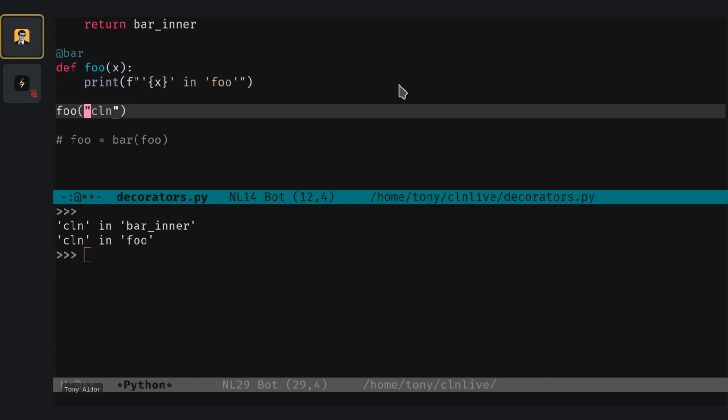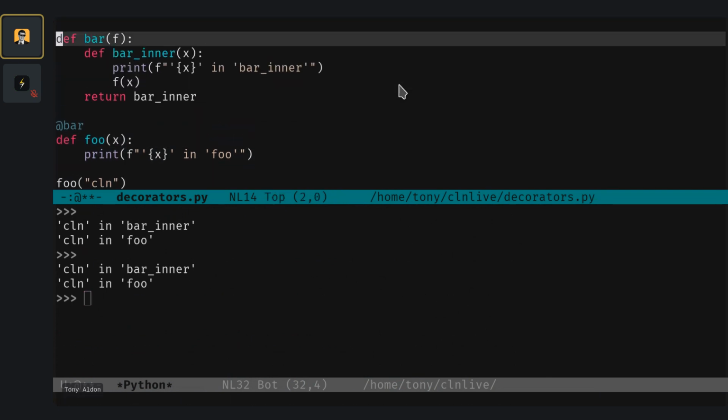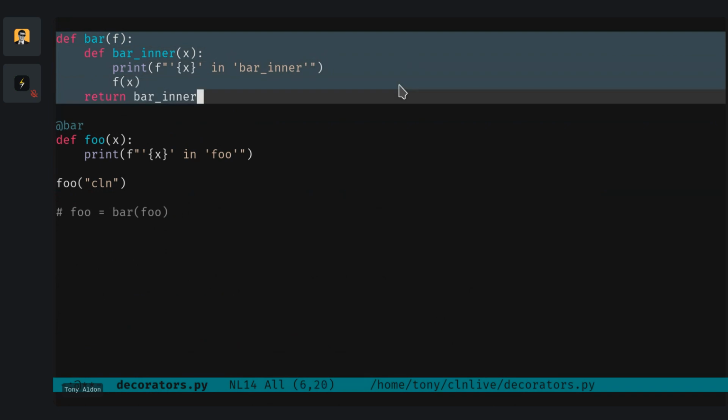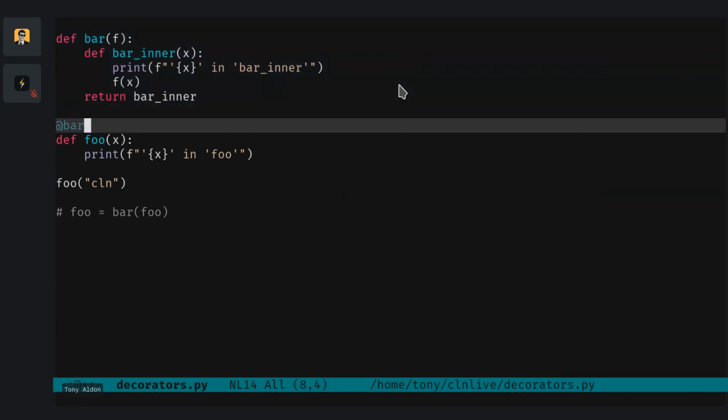Okay, so we can do it again if we want. So cln in bar inner and cln in foo, and you can see that this is exactly what we have here. Okay, so to summarize,